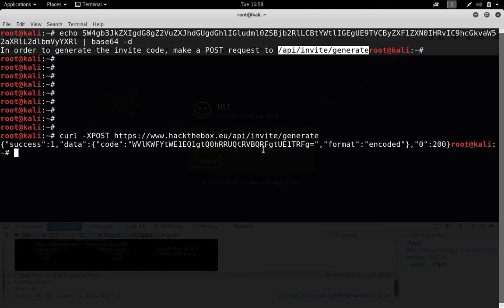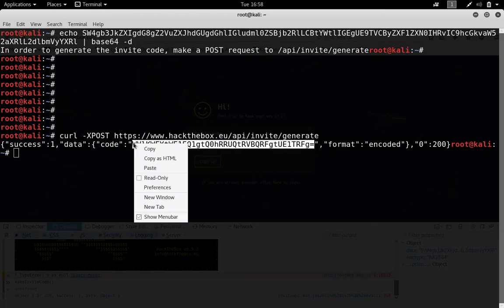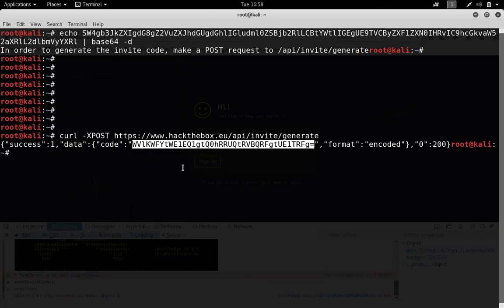It has successfully requested, and this is also a base64 encoded value. A simple method of recognizing base64 encoded values is that they always end with an equals sign. So I'll simply copy this again,